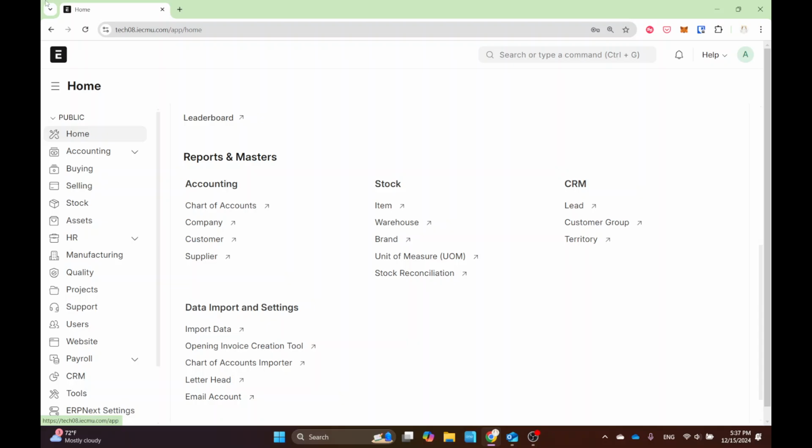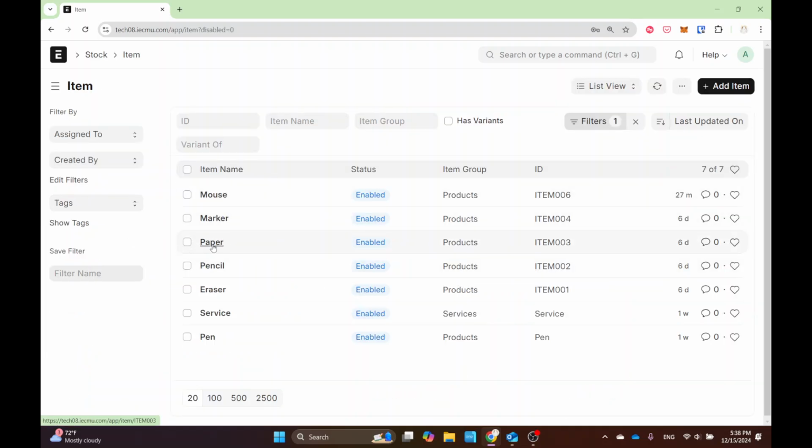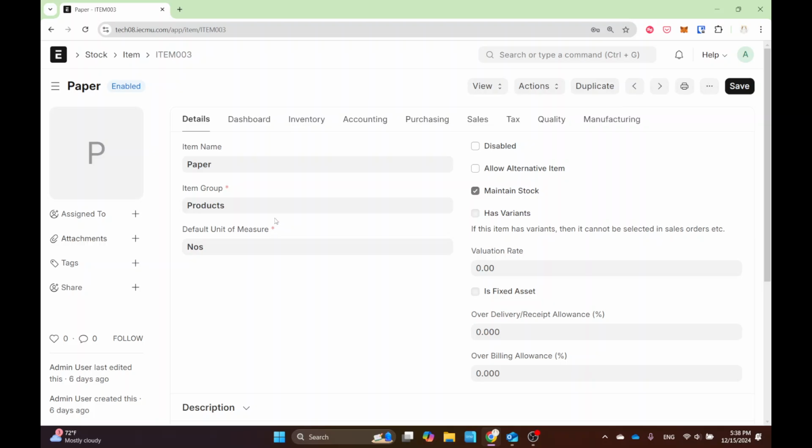Okay, got it. So let's do this. If I go to my stock, get to my item, remember that we had paper before? If we were to have, maybe we can start producing something out of the paper. Let's say we make a paper plane. Oh, envelopes. Let's do envelopes. So let's say our business brings in paper, and then we fold them into envelopes, and we sell the envelopes,